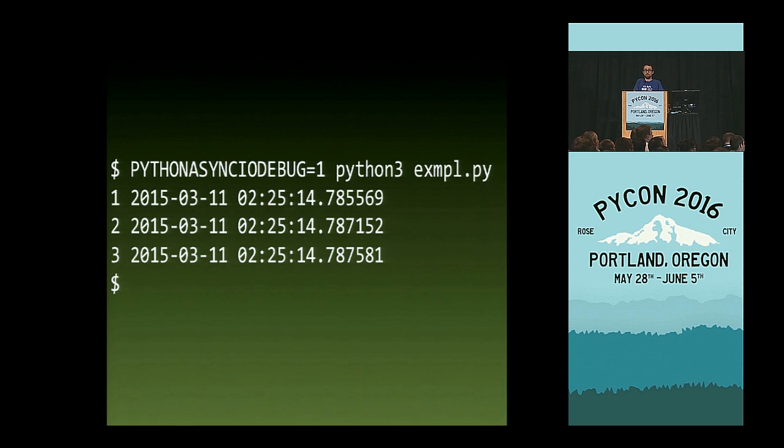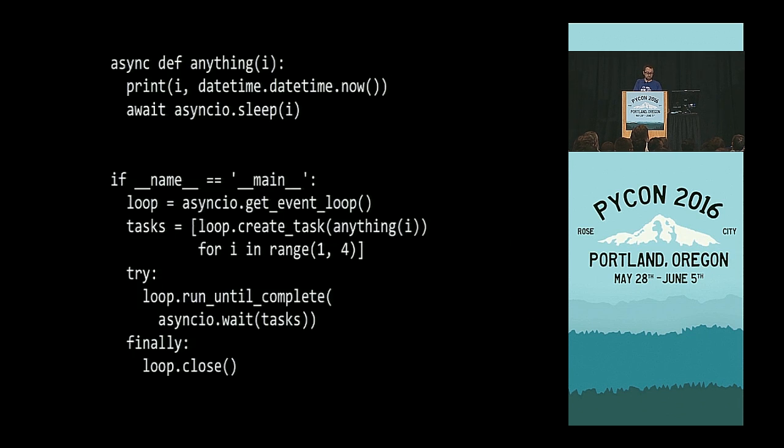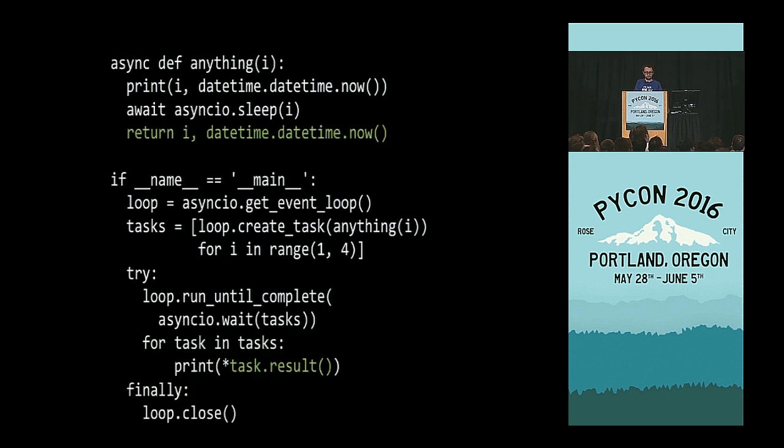So that's all great. But very often, we would like those coroutines to actually return a thing for us, right? And the example didn't really have this before. But returning, as you would expect in blocking programming from top to bottom, works exactly the same. You just return a thing. If you have many tasks, all of the results are stored on the consecutive tasks object. So you can actually print them out.